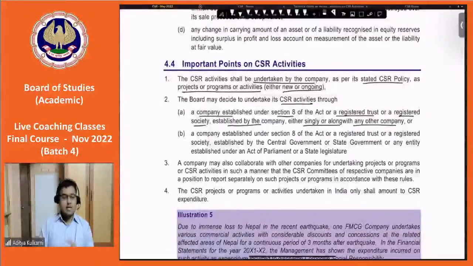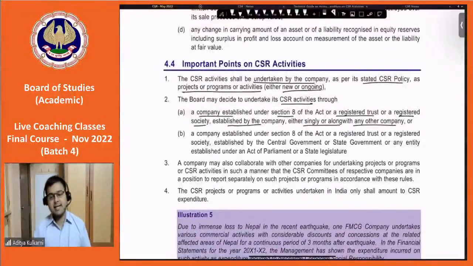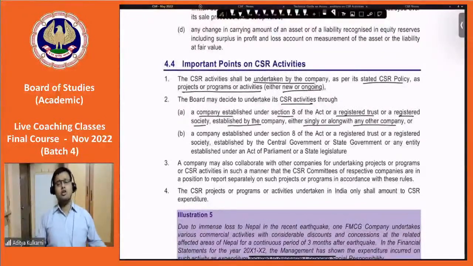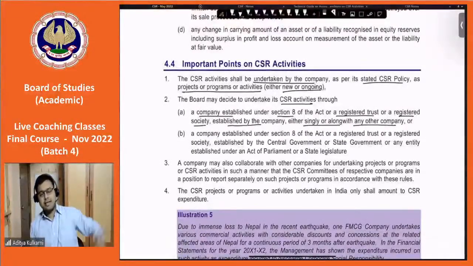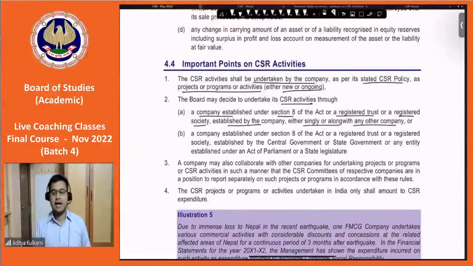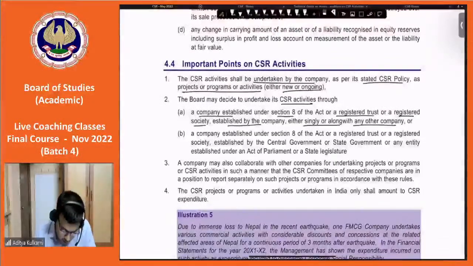It could be either one company having its own Section 8 company, or 2-3 companies can come together, join hands, and form a Section 8 company or a trust or a society, whatever it is, and later on they could be spending the amounts through that particular trust which they have jointly formed. Trust, society, Section 8 company, whatever it is, you will be carrying on the activities through that trust. So either you can do it like this, or you can do it through a Section 8 registered trust